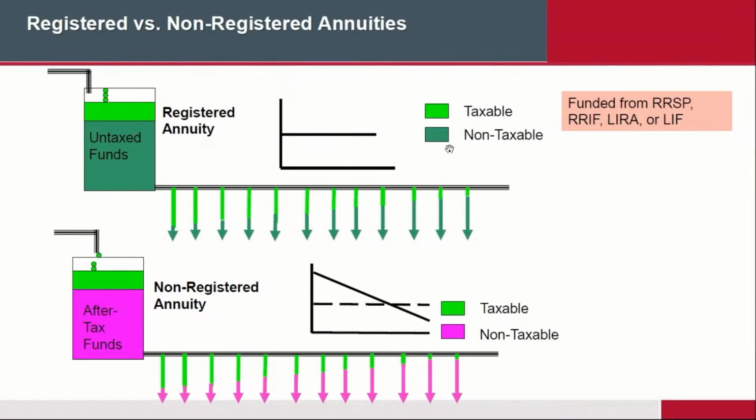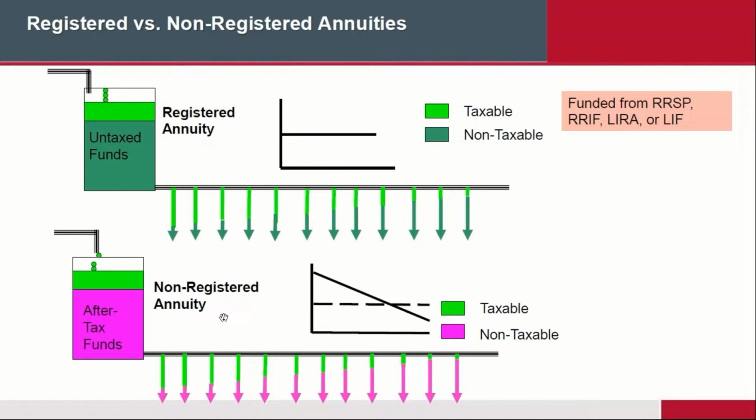So your RSPs, for example, are registered annuities. So RSPs, RIFs, LIRAs, LIFs, or anything that's registered will not be taxed while it's in the pot, basically, but it will be 100% taxed when the money comes out at the other end. So always remember that registered money, the ACB is zero. So on registered money, whenever you take out any money, however it comes out, whether it be cash or an annuity or whatever, it's 100% taxed, okay?